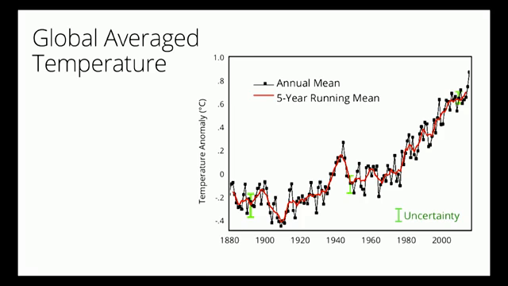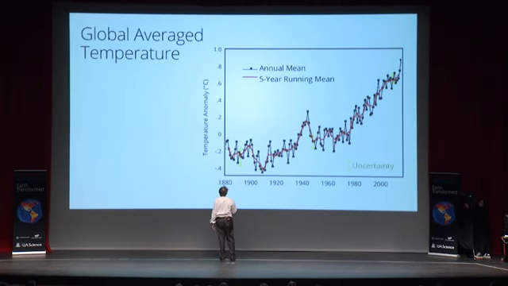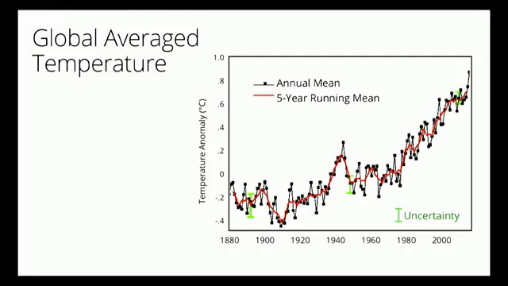Here's a measure of the global average temperature. Each dot is for 1 year, averaged over the whole globe. And if you go back here to 1880, here's the temperature, and it's bopping up and down, and it's bopping up and down, and as carbon dioxide has gone up, the temperature has gone up, until here we are last year. It's gone up 1 degree Celsius over this record, right? 0.85 degrees Celsius over the 20th century, and another 0.15 degrees in the last 15 years.